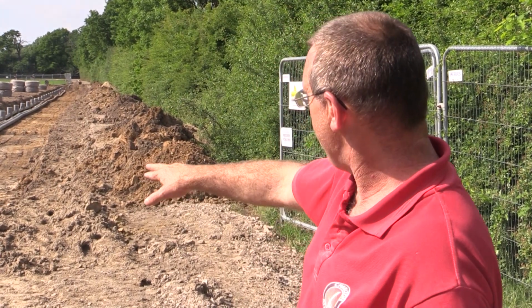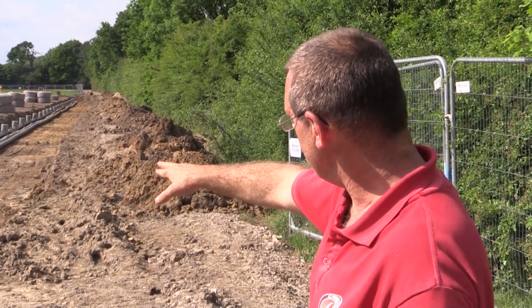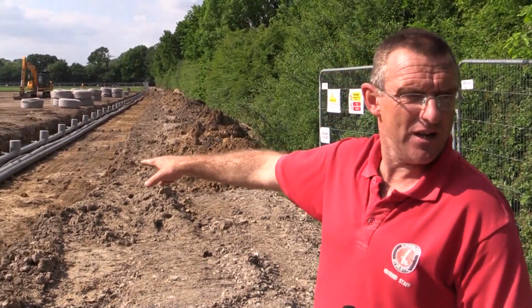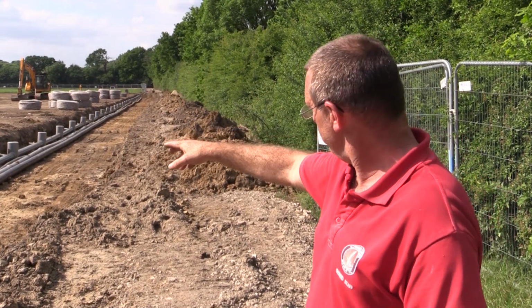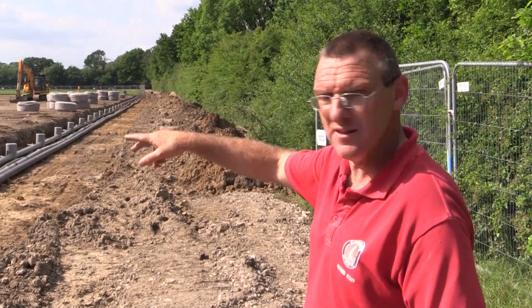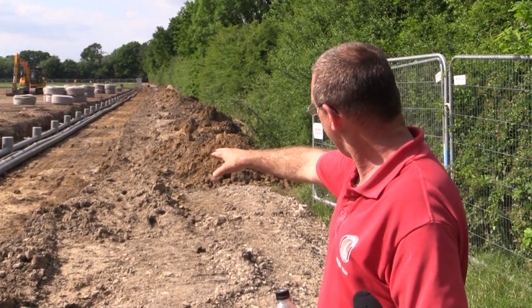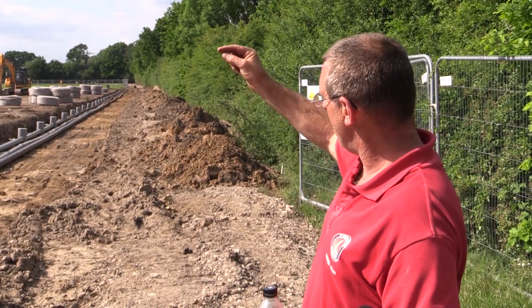water. So what we have in the trench, as you see at the moment, is the lateral drain runs, collector drains. Then next to that, a small black one, that's the irrigation main feed, which is feeding all the irrigation around the site. Again, what's not used will get returned into there, and then will fire itself back up into the lake. The grey one next to that, without the blue cap on, that is drainage pipe for the next phase,